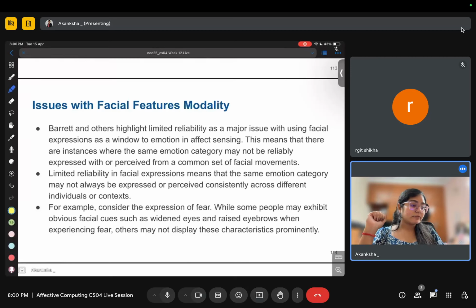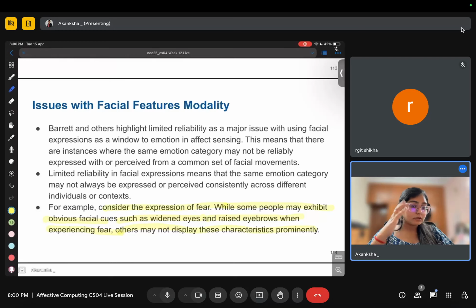So expression of fear, let's say. While some people may exhibit obvious facial cues such as widened eyes and raised eyebrows when experiencing fear, others may not display these characteristics prominently. So this varies from person to person too. Even between me and you, my way of expressing something is much different than yours.